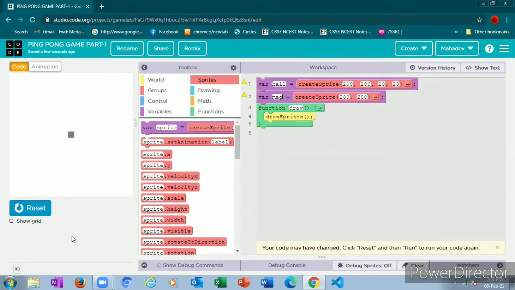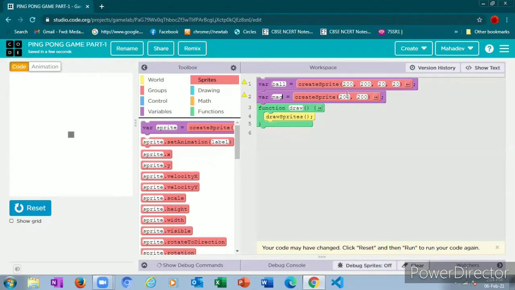Now if you want to place a ball over here where I place the cursor, you must take the cursor and go there and place it. Down here you can see x is 51, y is 85, right?